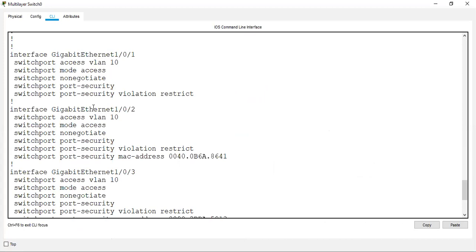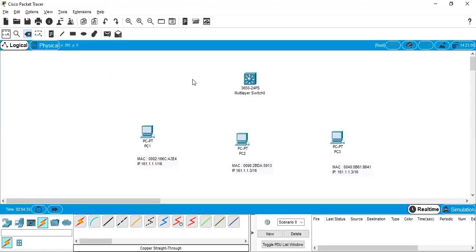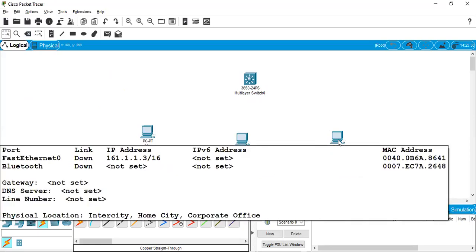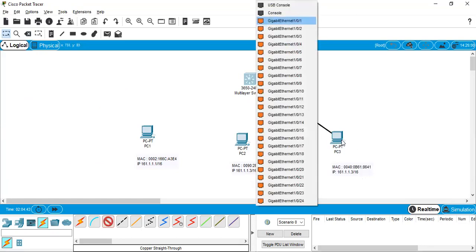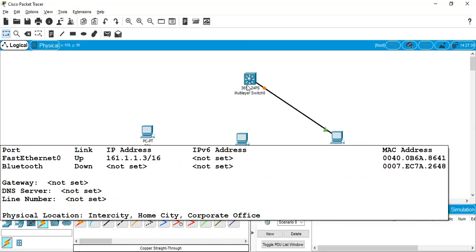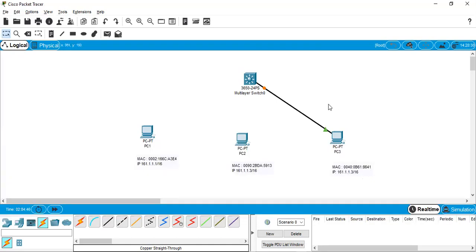Port number 2 must have 8641. This 8641 should connect to port number 2 as per the configuration, but now we connected it to port number 1.